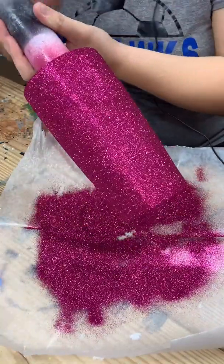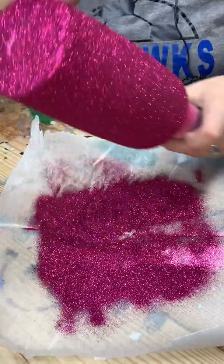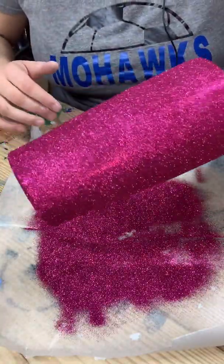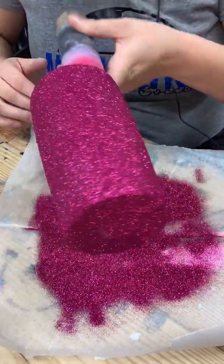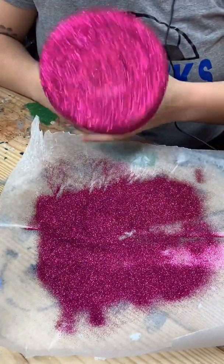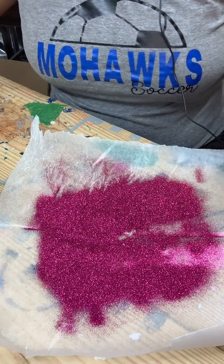And then you just want to tap whatever you're using to hold it with to kind of tap off some excess glitter. And that's just such a gorgeous color. I love it so much. But this is what we have now. I'm going to let this sit for, like I said, about 5 minutes, maybe a little longer just to be safe. And then go in with